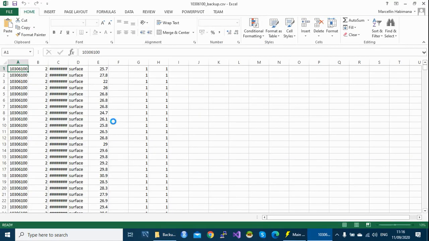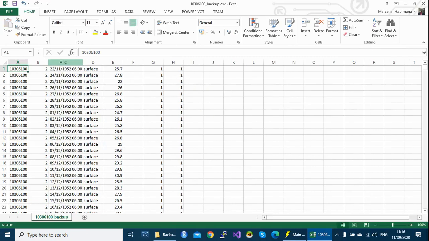So as you can see, this is how the data is structured. If I expand a bit, this is the station ID, this is the element, this is the date, the observation time, and this is the value. So this is how the backup file looks like.